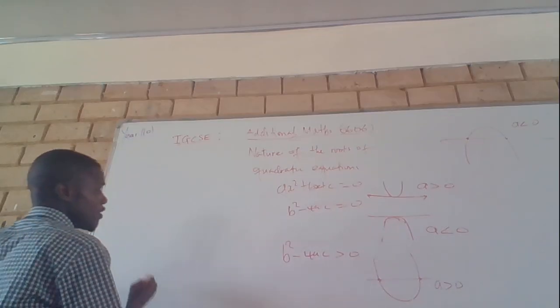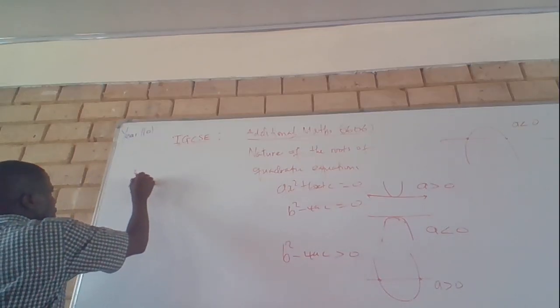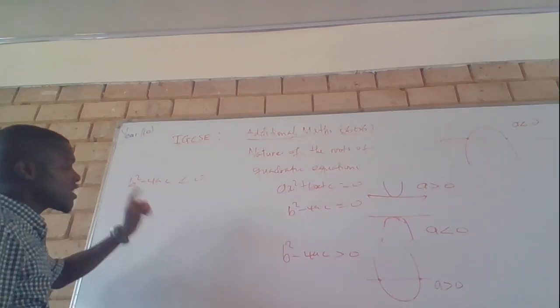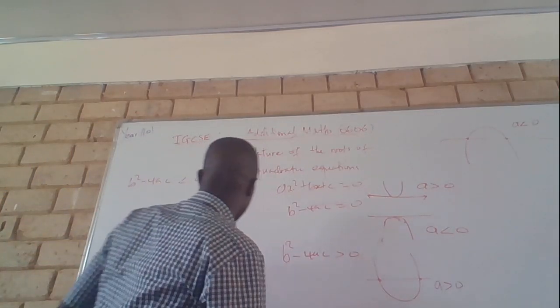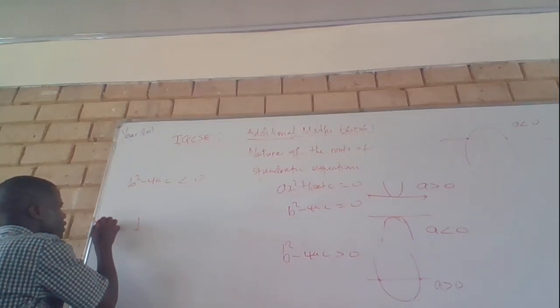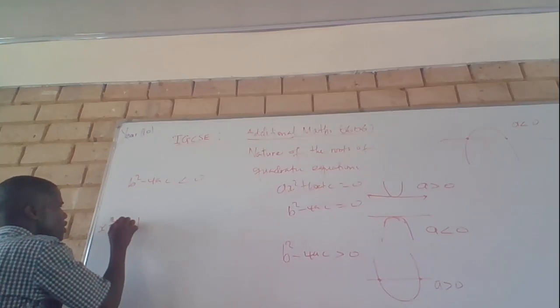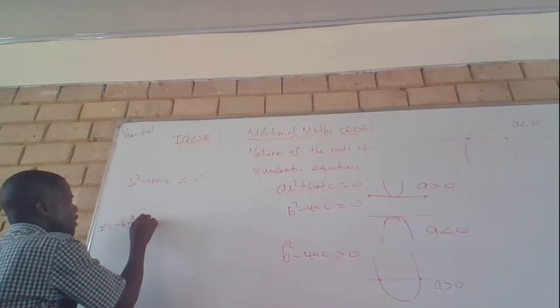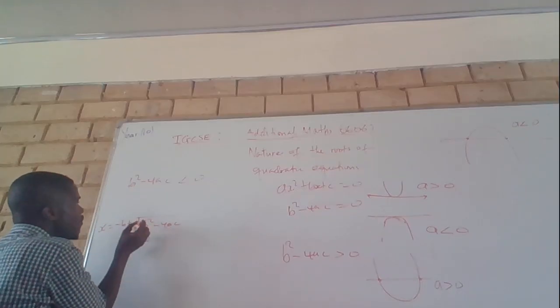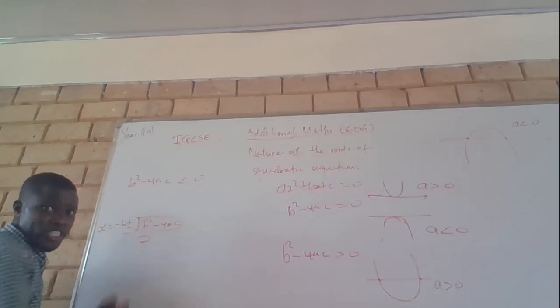What if we have a discriminant, let's say b squared minus 4ac, that is less than 0? Look at this, you know this is the discriminant. So we have x equals minus b plus or minus the square root of b squared minus 4ac, over 2a. If this is less than 0, it means that